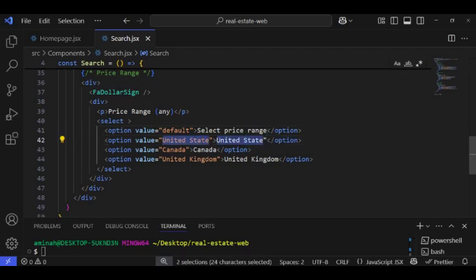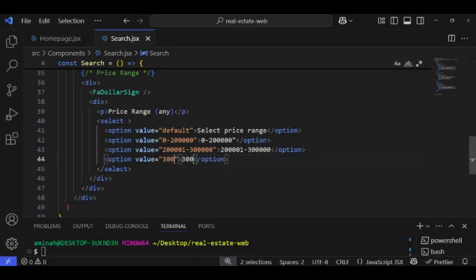Ctrl D. So the price for this second one will be between 0 to 200,000. The second one as well. Highlight. Ctrl D. 200,001 to 300,000. And the third would be 300,001 to 400,000. Ctrl D, 300,001 to